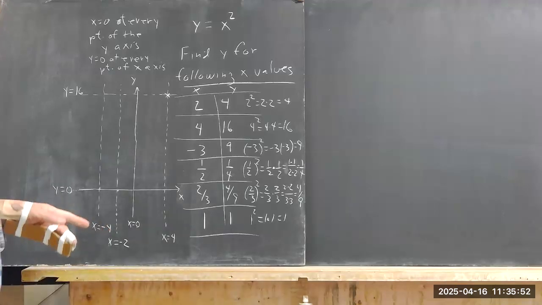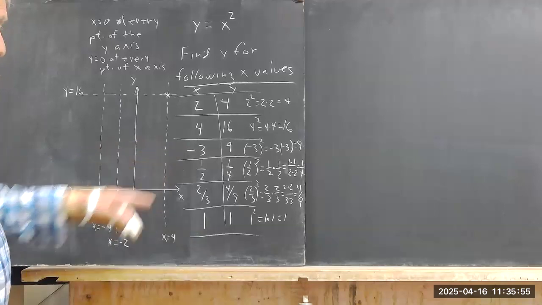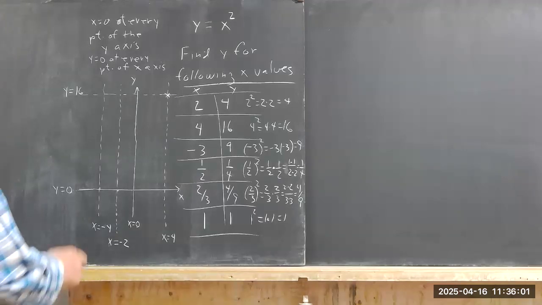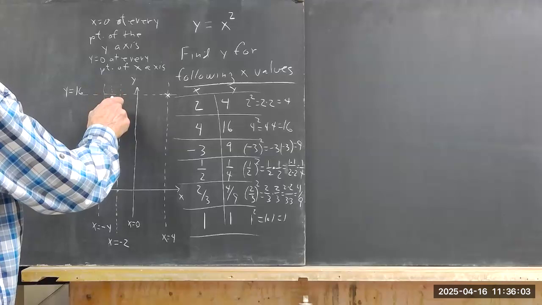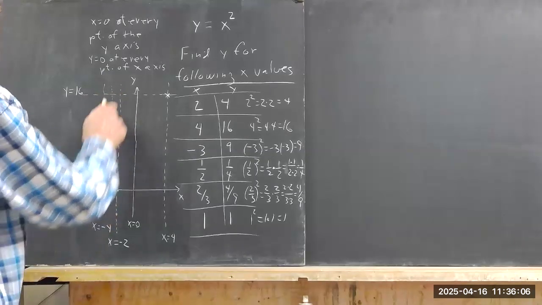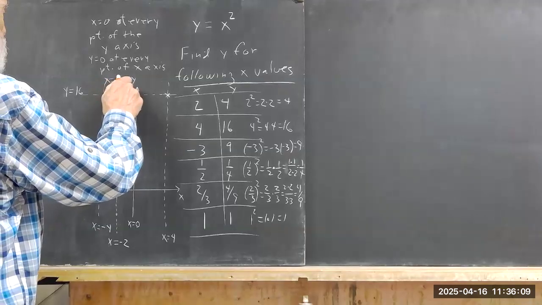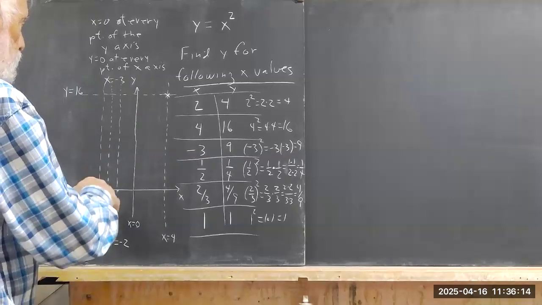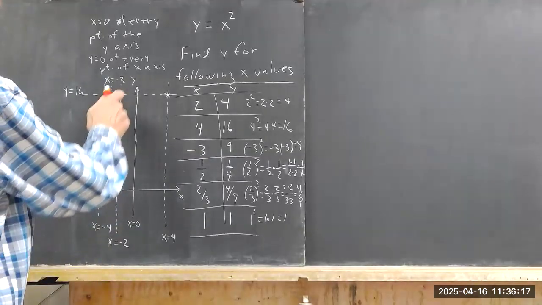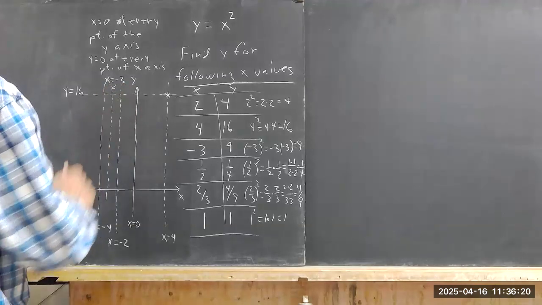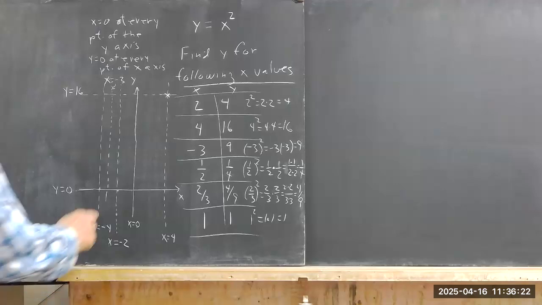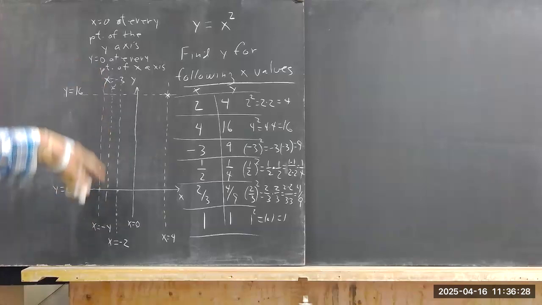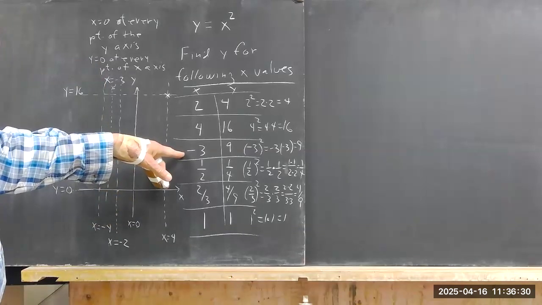Now you can reason out that -3 is halfway between -2 and -4, isn't it? So I'll label that one up here just because things are getting a little cluttered down here. Okay, and I'll even make a little arrow and show which line it is. And if you want, you could label x equals -3 here with your color. Okay, so now we've got the line x equals -3. We're on our way